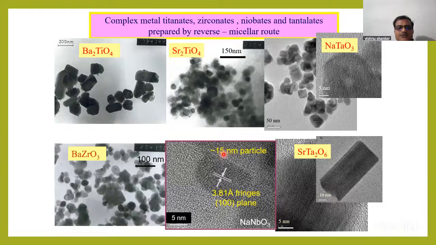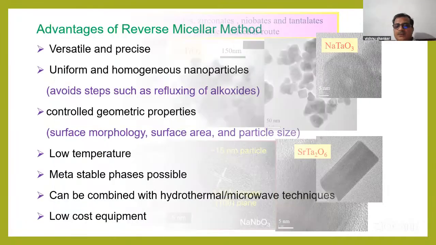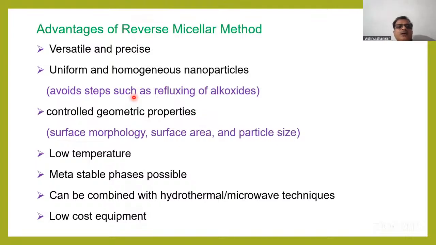These are a few examples synthesized in our lab. These are some nanoparticles. As you see, the size is very small, 10 to 50 nanometers. Some are synthesized at 50 to 75 nanometers, and there are some nanorods also. The main advantage is low cost equipment, and of course you get a very uniform particle size. But there is one drawback here,